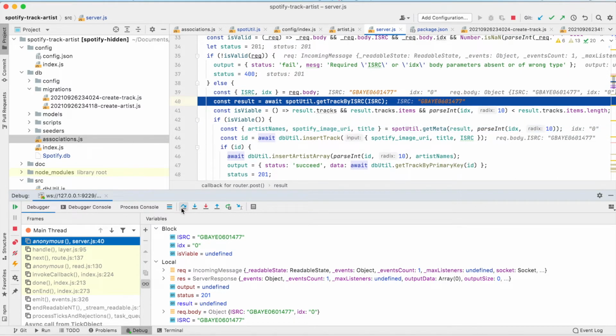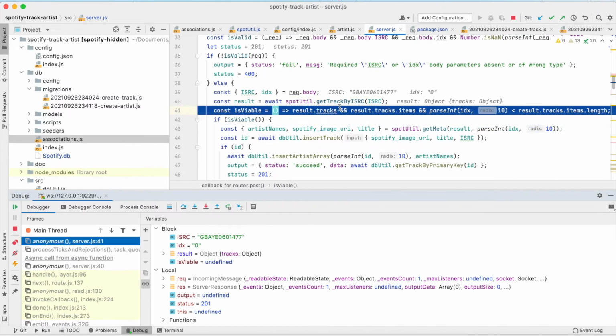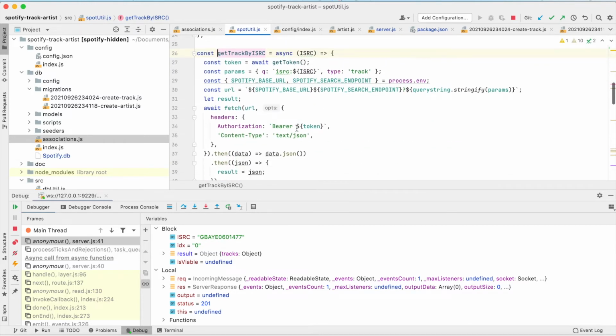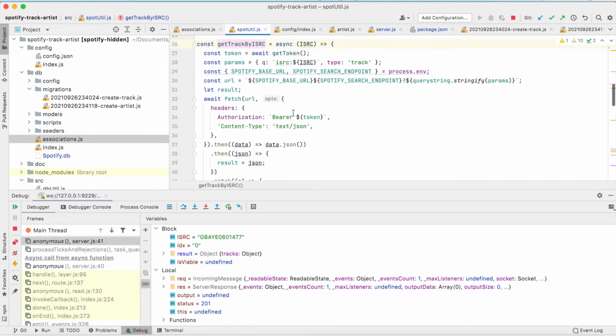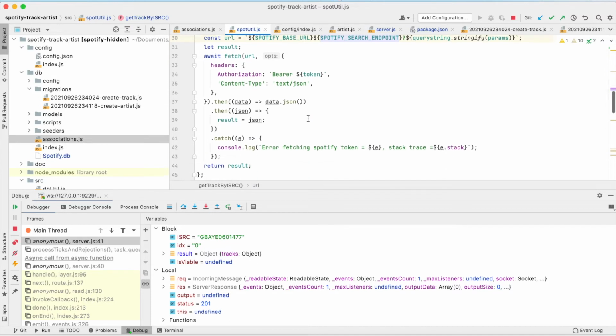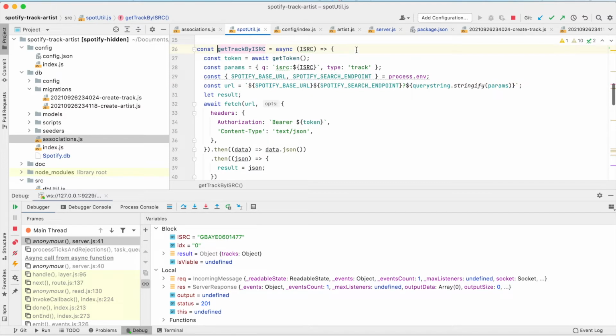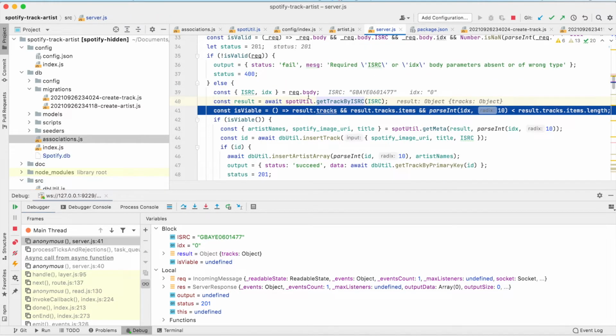And we'll go ahead and make that call to Spotify. Actually, I probably should have stepped through that, but here's get track by ISRC. We construct the URL based on stuff that's in the env. Yeah, it's pretty plain Jane here. We'll go back to stepping through. We are in server. Okay, we have another kind of check here. We have to make sure that